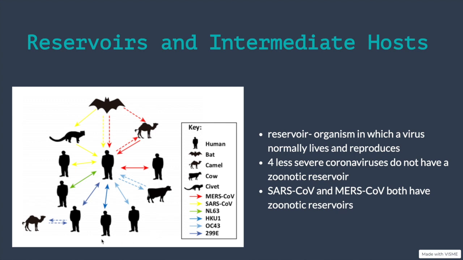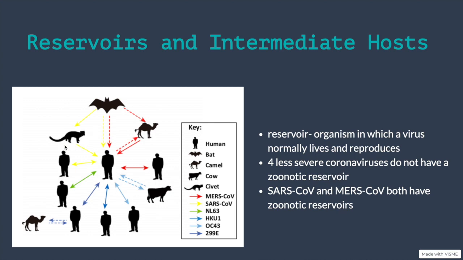And all of these coronaviruses can be spread from humans to other humans, and they're not maintained in an animal such as the MERS and SARS. And so the MERS and SARS, they both have zoonotic reservoirs, and they're also both a lot more deadly or pathogenic than these other 4 coronaviruses. And it's believed that bats are the host reservoirs for the MERS and SARS coronavirus. And the civet